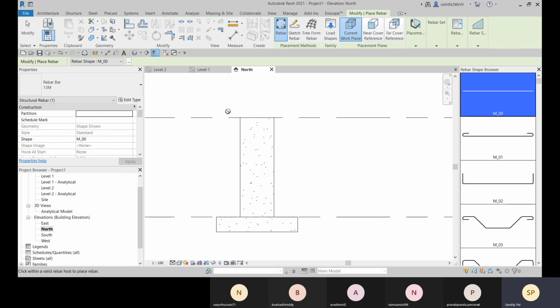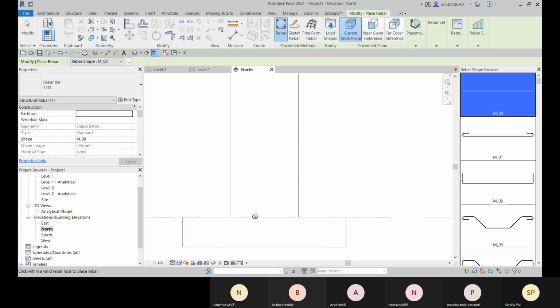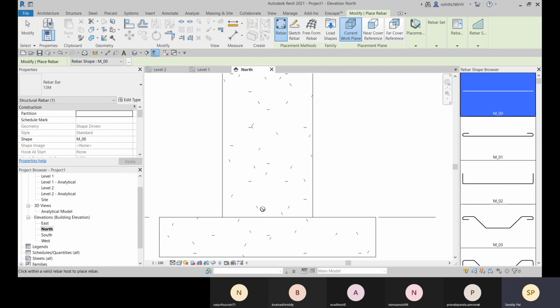So if you are placing in this current level 1, so this is the nearest cover, right? This is the nearest cover from that current work plane. Okay, so we will have a cover for this column. So generally 40 mm is the cover for column. So that will be applied here.